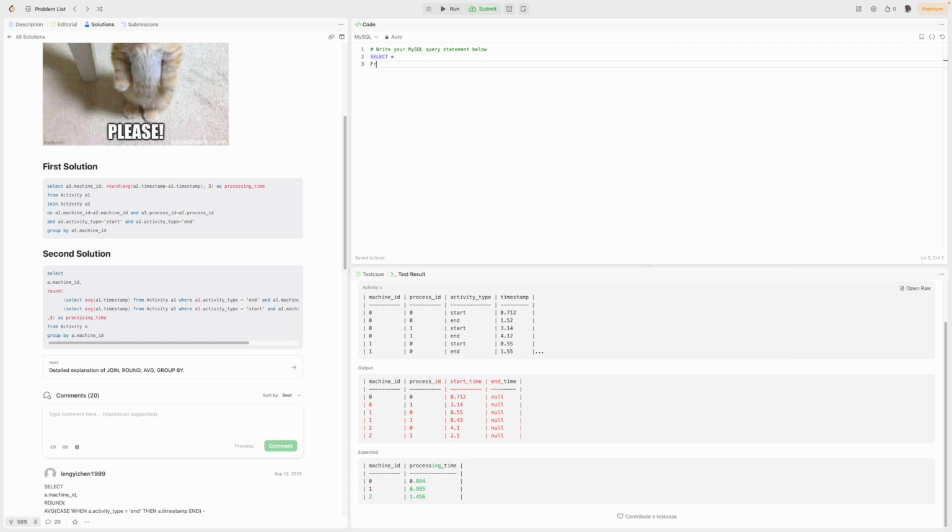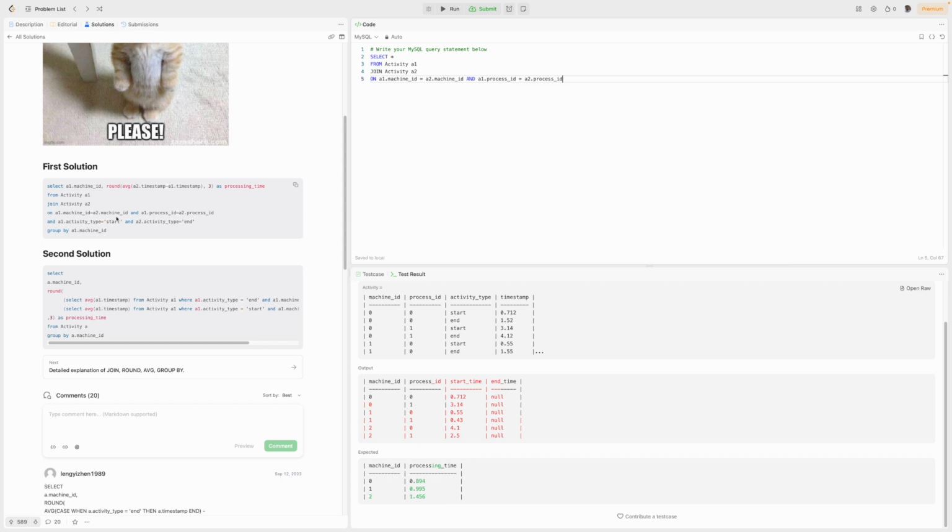Select star from, let's do a self join from activity A1 join activity A2 on A1 machine ID is equal to A2 machine ID, and A1 process ID is equal to A2 process ID,